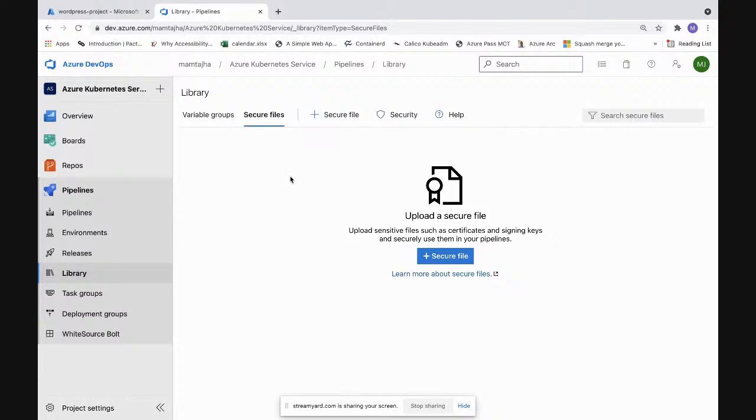Secure files in Azure help us in uploading files which would be encrypted. They would have encryption associated to it. So if there are any sensitive files like certificates, keys, passwords, or any account related information like my tenant ID, which I don't want to check in as a file in my Azure repos, then I can upload that in the secure file section. You have to do nothing. You just click on secure file, browse, and place that here. You would be able to provide access as well to users with the help of your options over here.